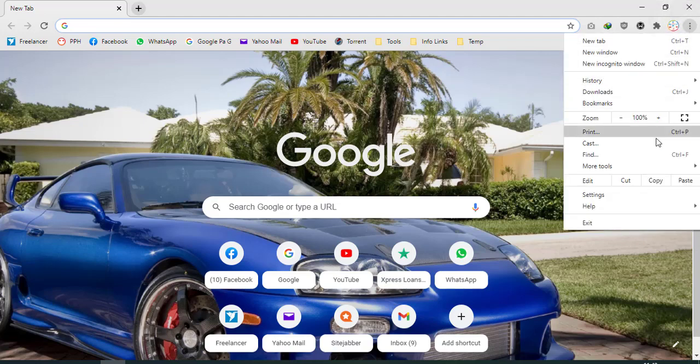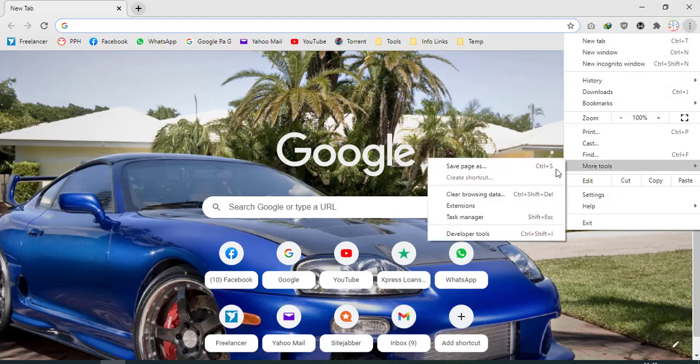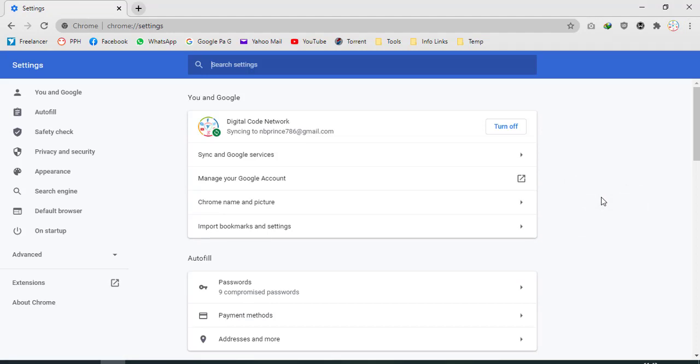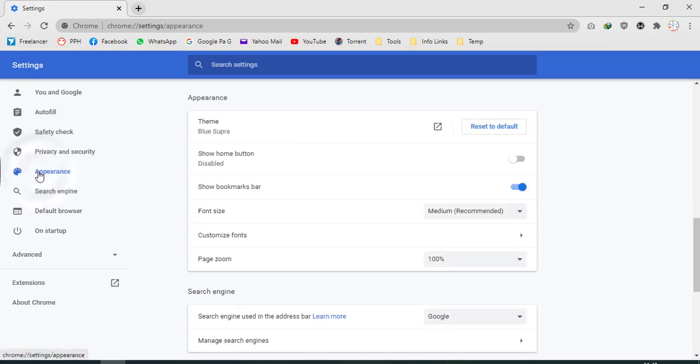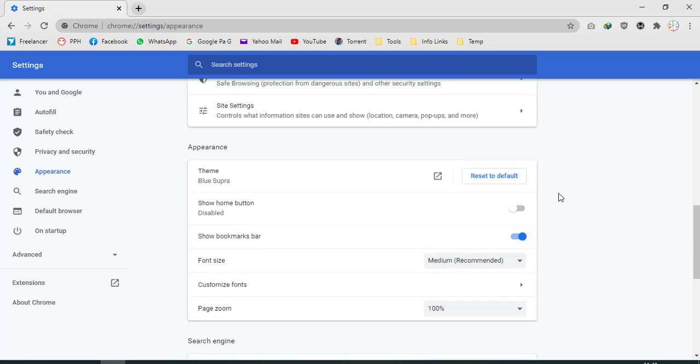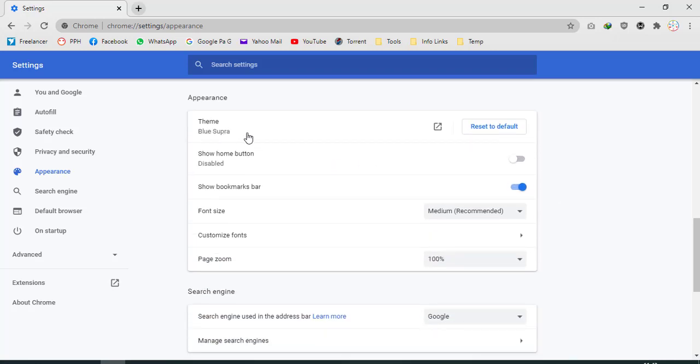For that I will go to settings, and from settings I will click on appearance, and then I will change the theme from here.